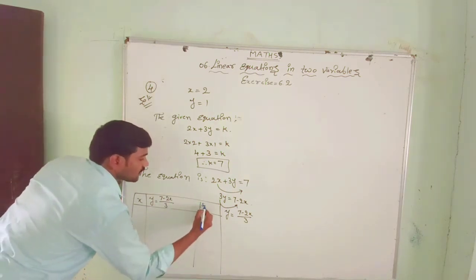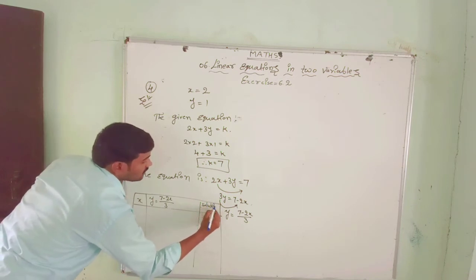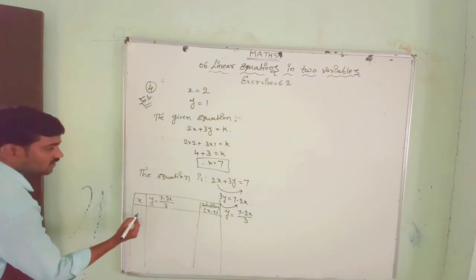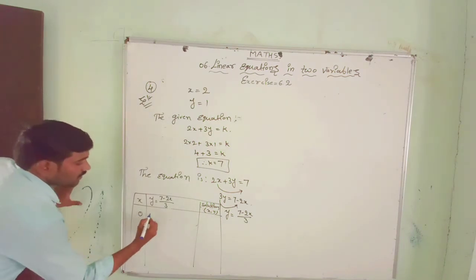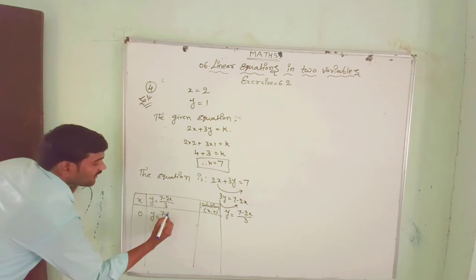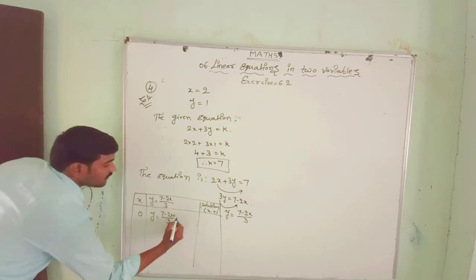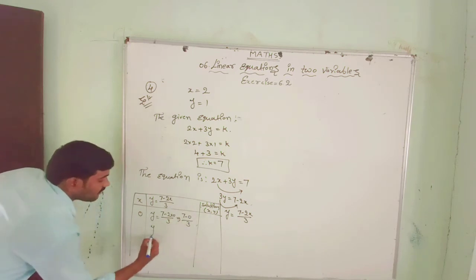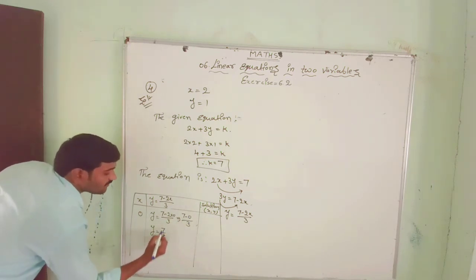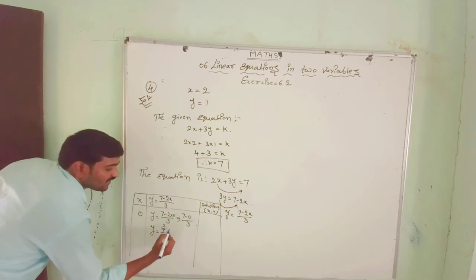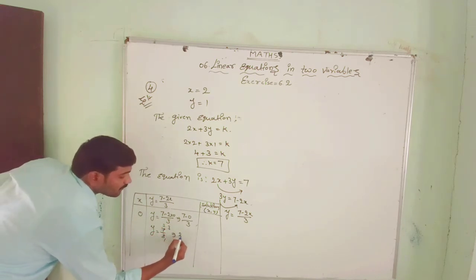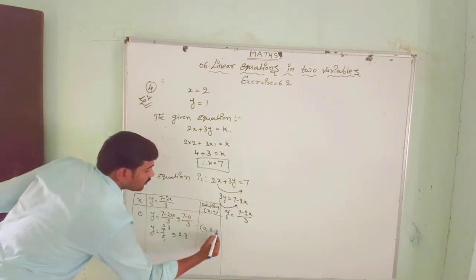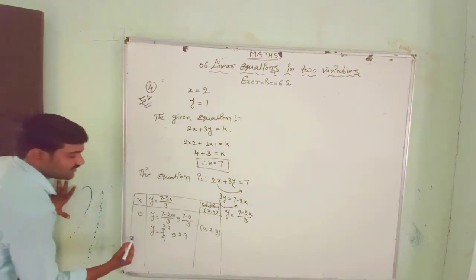Here solutions x comma y. Okay, here x equal to suppose 0. Then what happened? y equal to 7 minus 2 into 0 by 3, that equal to 7 minus 0 by 3. Then y equal to 7 by 3. 3 1s are 3, 3 2s are 6, 1 left, that become 3. Now 2.3, if you divide, you get this (0, 2.3). Only one decimal digit is enough.